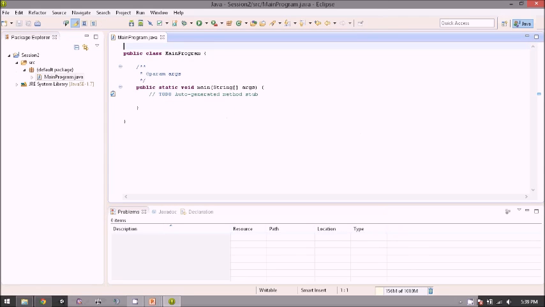Okay, so here we are. In the editor you can see that there is some generated code in here, like this one. This is called a single line comment. So if you write a double slash in front of some text, it will turn into a single line comment. So you can leave a note here, a single line note, if you want to remember something from your code.